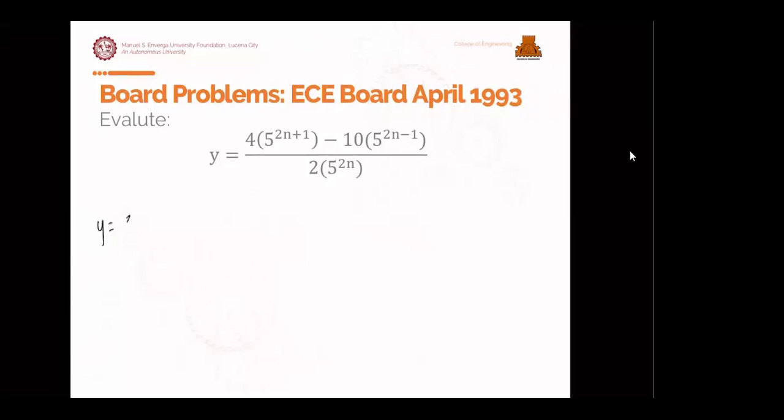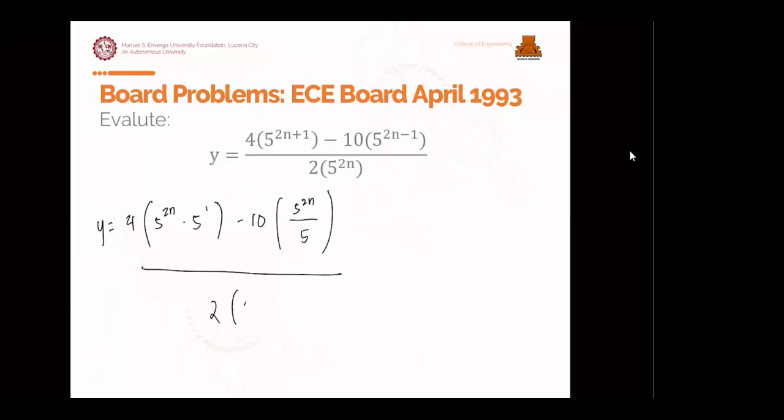So, y is equals to 4 times 5 raised to 2n plus 1. So, may plus 1 ulit. Ibig sabihin, nag-multiply siya ulit ng 5 sa kanya. So, this can be written as 5 2n tsaka 5 times 1. Okay? Minus 10. So, this is minus. So, ang itsura niyan ay 5 2n over 5. Okay? Then we have 2 5 2n. Okay? So, yung mga whole number, we can